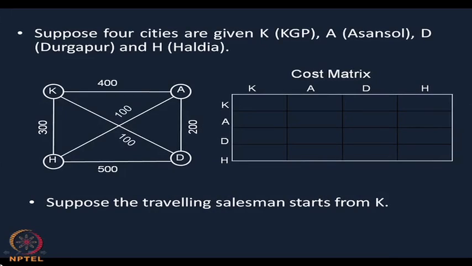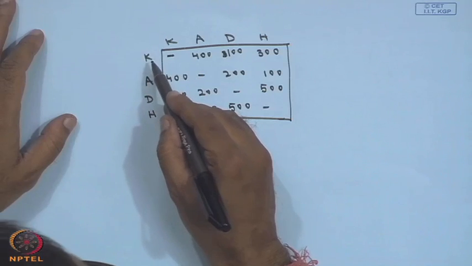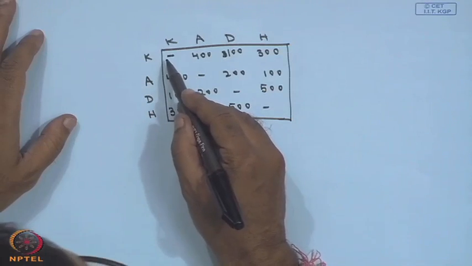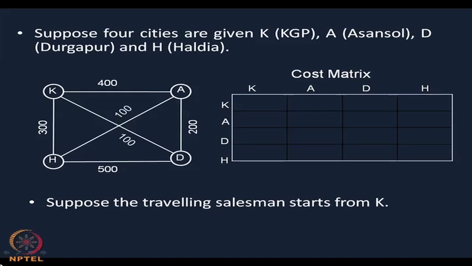Suppose that the salesman wants to start from K. If you see the figure over there, we can move in any direction. I can move from K to H, then H to D, D to A, and again to K. Like this, so many paths I can avail,